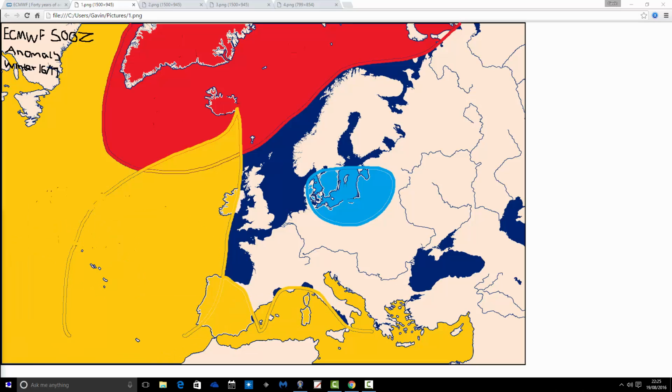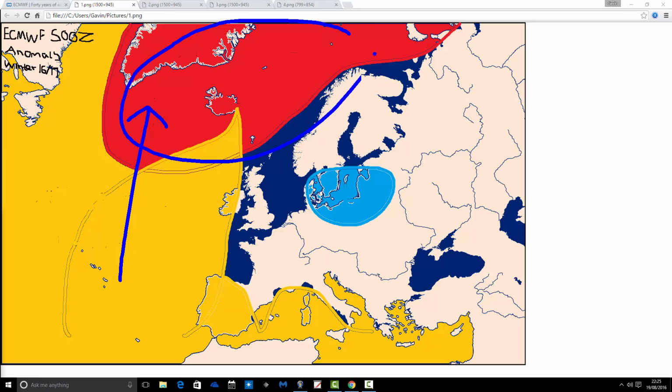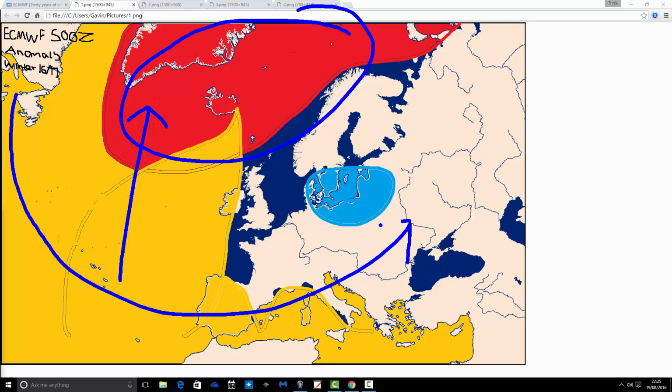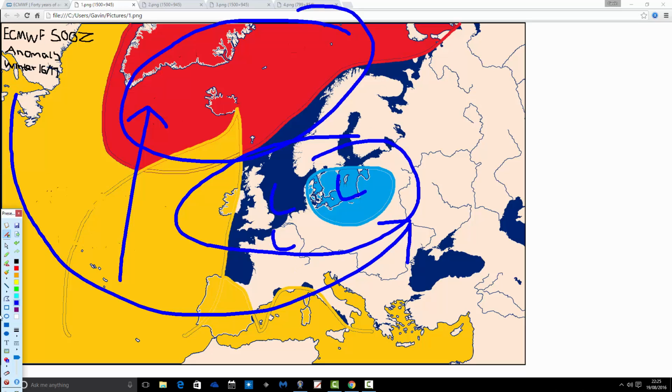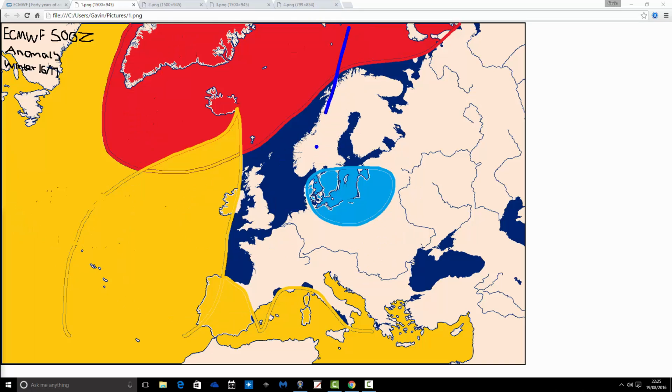So what essentially has happened is that this ridge has to go further north and become centred in with all this northern blocking, which would then send the jet stream on a southerly track like that, and then you would expand this area of below average heights a lot across northern western parts of Europe, and then that would be enough to really lock us into a cold pattern. It isn't quite there with a locked in cold pattern, but it's a fairly interesting anomaly that we see for this winter in terms of the 500 millibar height anomaly from the